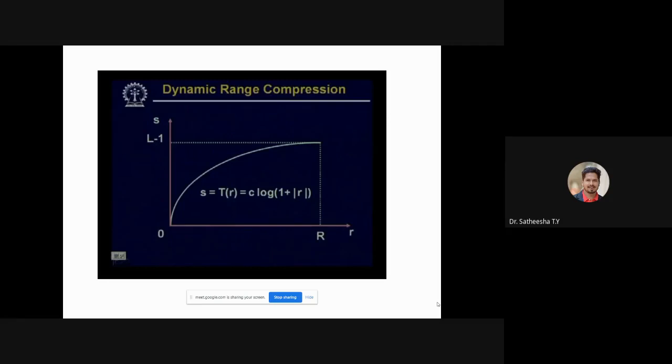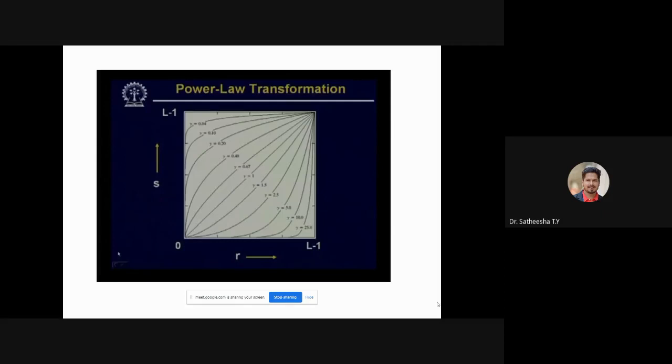To take care of that, we take 1 plus modulus of r, and c times log of 1 plus modulus of r gives a compression of the dynamic range, and the image can be properly displayed on a display where the dynamic range is limited.